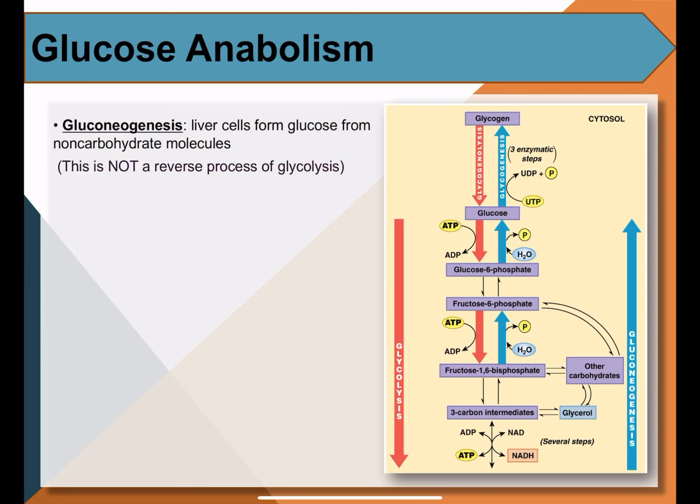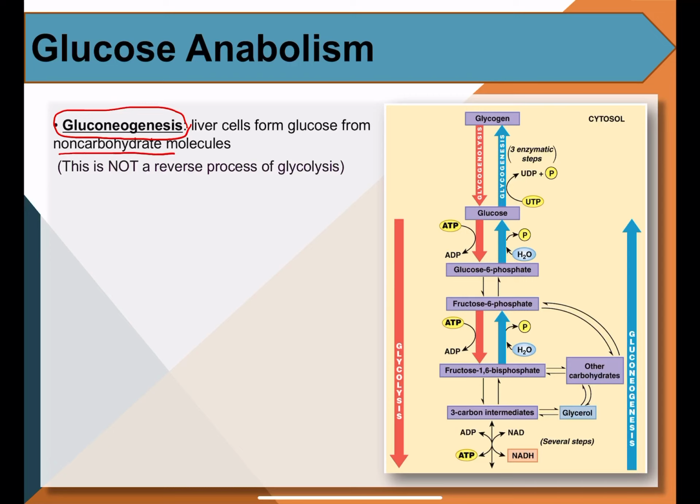Now, what we can do is called gluconeogenesis. It is done by our liver cells. Remember from last chapter, we talked about how the liver has a lot of metabolic regulation for our body, including carbohydrate metabolism. Liver cells can make glucose from non-carbohydrate molecules. You don't need to know the details of the mechanisms and what exactly those reactants are. Just know that